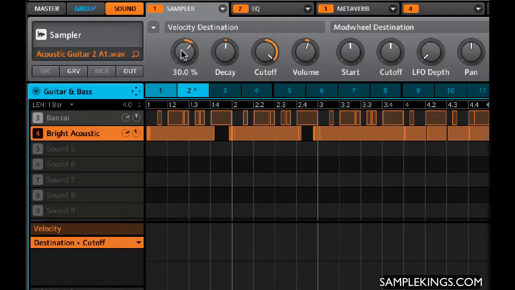So this is kind of cool. You can do that, or you can get more of that pick. Let's go back to here. So you see, we can manipulate the start point of the sampler here. And this is in terms of velocity and destination. We can also